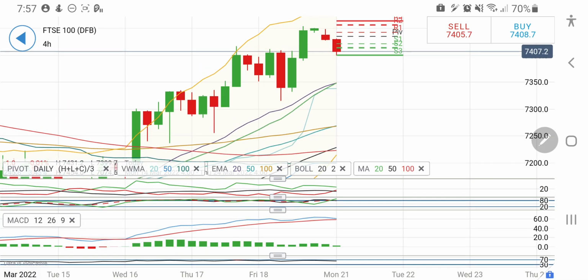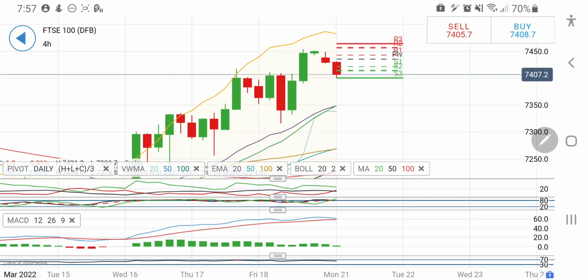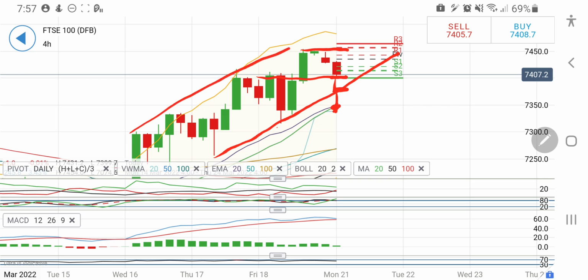FTSE 100 too is showing similar signs here, and the stop loss, as I said, should be at around 7450, beyond which it is going to remain bullish. And right now if you see, it is looking forward to 7370 levels, which is going to be a stronger support. So probably if it breaks 7400, which is a near term support, below that we may expect it to hit 7370, 7350 zone. This zone at 7350 and 7340 is going to be stronger resistance, and we can expect